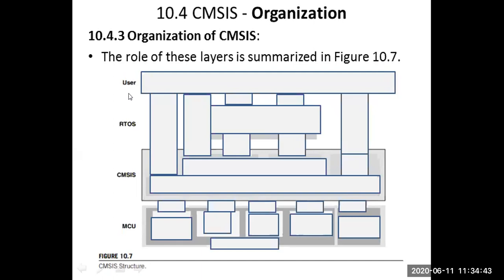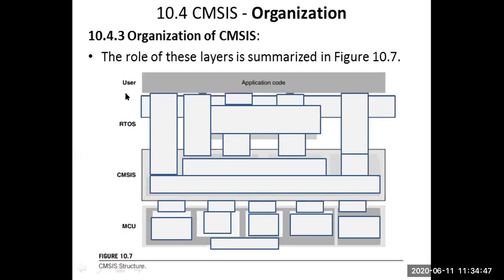The only thing is the user. Now the user came into the picture. Okay, we'll see the user application code. Application code means, say we manufacture a mobile phone and give it to the user. The user will be using the mobile phone. The mobile phone is nothing but the application code. Okay, we will go with the analogy.